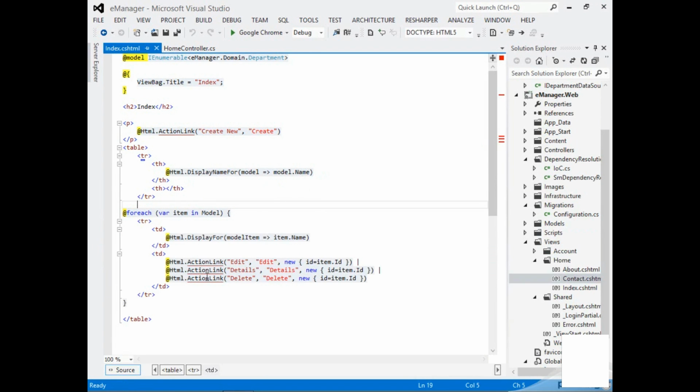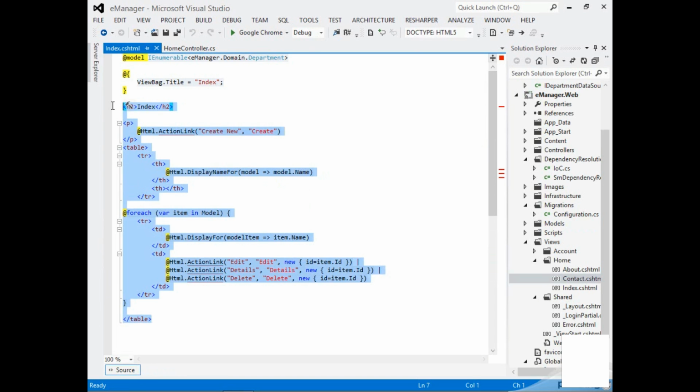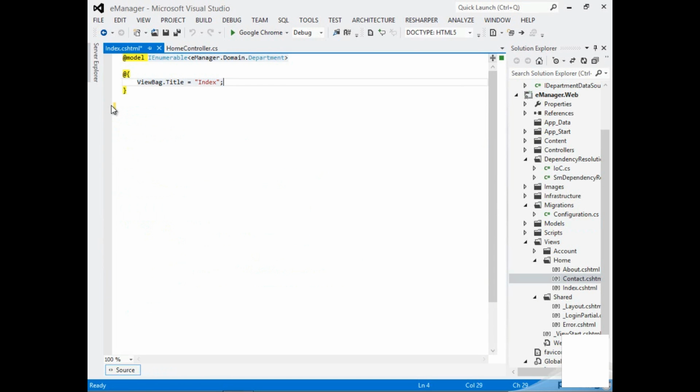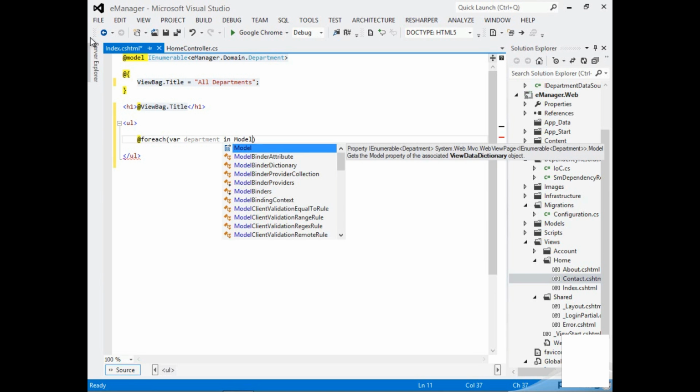You don't need to use scaffolding, and you can always come in here and modify things. In fact, let me just start this over. I want the title of this page to be all departments. And in fact, I will have an H1 tag here that outputs ViewBag.Title. And I can do that with one of the Razor C# expressions just by including @ at the front. And then I'm going to create an unordered list of these departments instead of a table, which is what the scaffolded code gave me. And I can say for each department in the model,